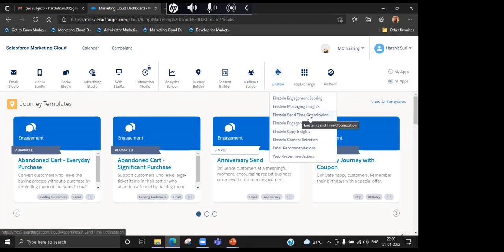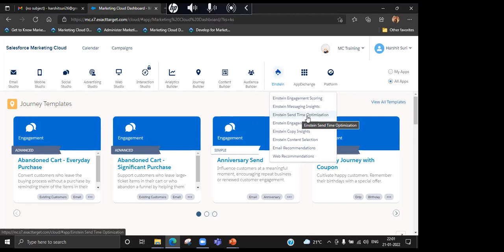Einstein Send Time Optimization. Suppose you are my customer and every month I send you 2 to 3 email communications, and every morning you have a tendency to open your inbox. Marketing Cloud, with the help of AI Einstein, has all the records of your open history and everything, and it will recommend sending the communication at a specific time when you are most likely to open it.